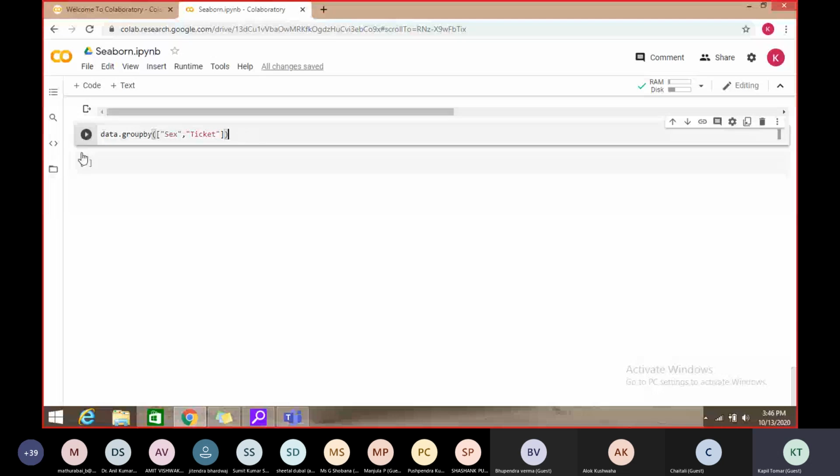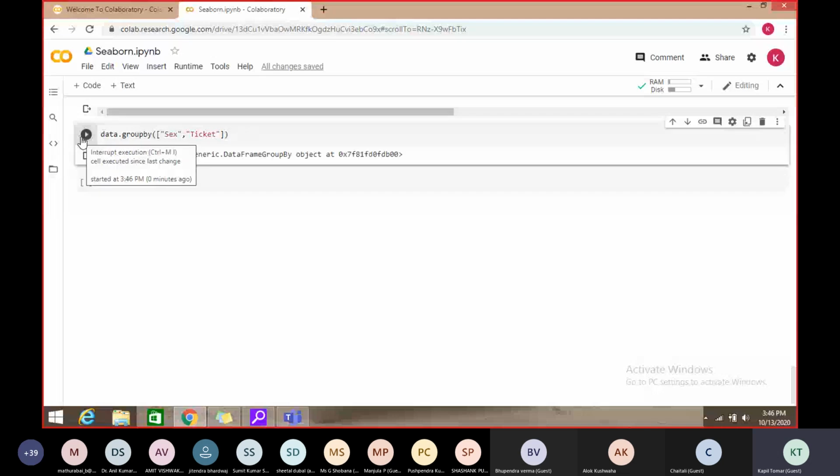Let's check. The pandas group by generates this, and we want to analyze it, so we have to call describe. Let's see what the output of this command will be.